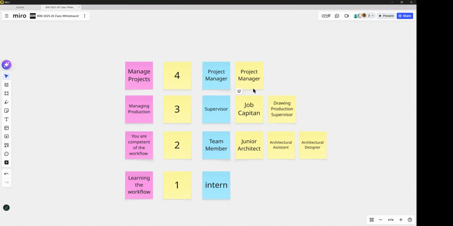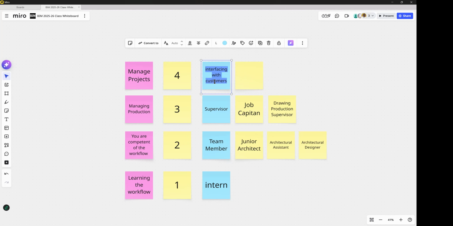I'm going to say it should be project manager. Oh, I turned these the wrong way. This should be here. No, actually, this should be here. And the main thing is that as a project manager, you're reading emails as much as you're drawing, literally, because you're talking directly with the clients, usually with the consultants.